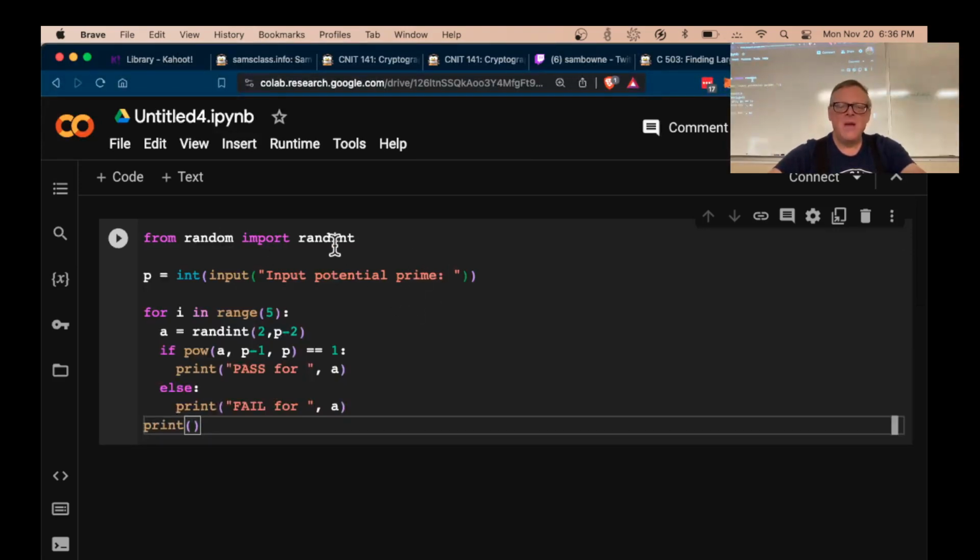we're going to take a random number, and you input the thing you want to test, and 5 times it will just try taking a random number A and seeing if this property is true. If this property is true, it passed, and otherwise it fails. So if I run this, and I give it a prime number,